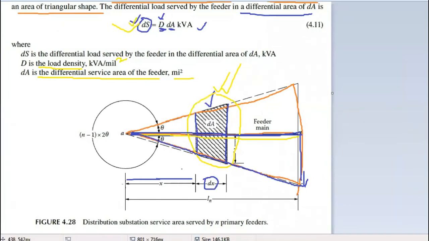From this point to this point, it is x, and it is dx, and it is y. So it is y. This length is y. So tan theta equal to opposite side by adjacent side. Then from this point to this point, it is x plus dx, and it is y. Now we can calculate opposite by adjacent side, y by x plus dx. So from this point to this point, the total distance is x plus dx, and the height is y.